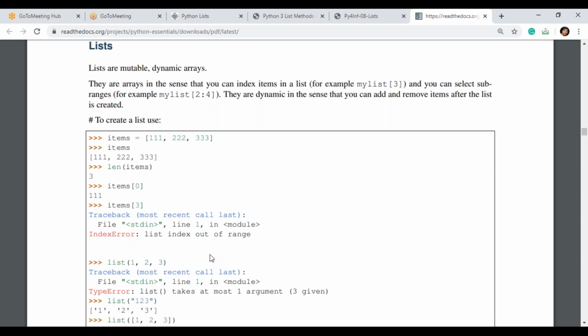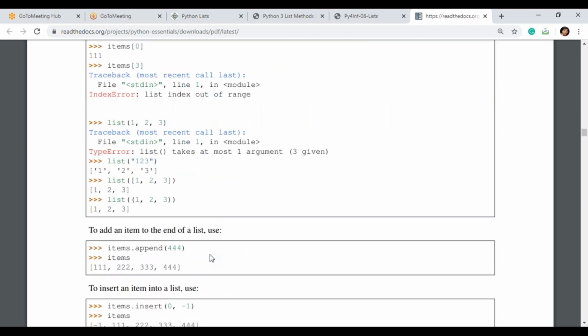Next, list of 1 comma 2 comma 3. See here, list is a function, and you have to use square brackets. Please remember, list of 1 comma 2 comma 3. So you use square brackets: 1 comma 2 comma 3. Otherwise, traceback, most recent call last, line number 1, list expected at most 1 argument, 3 given.